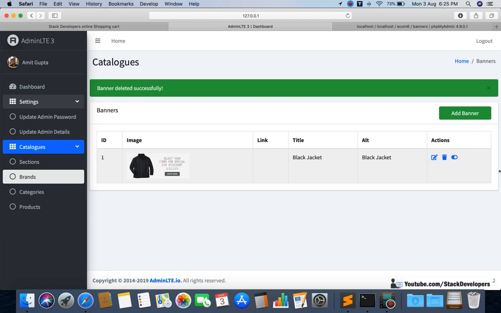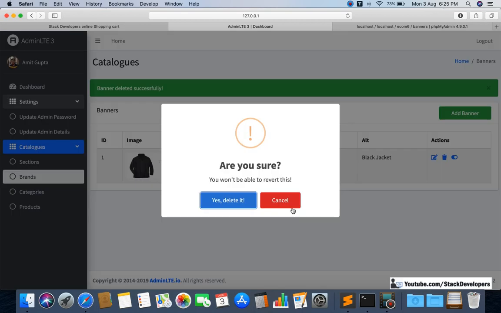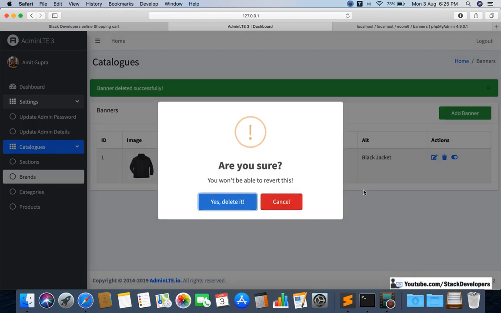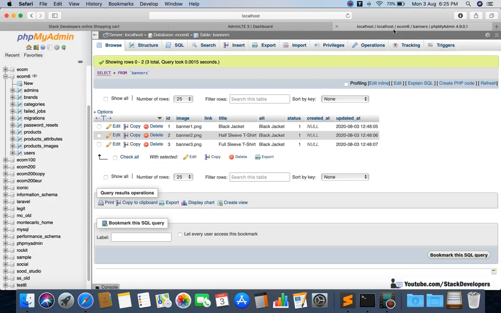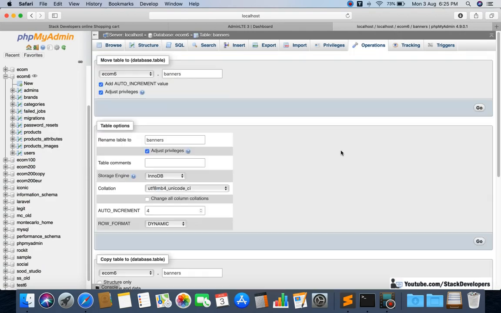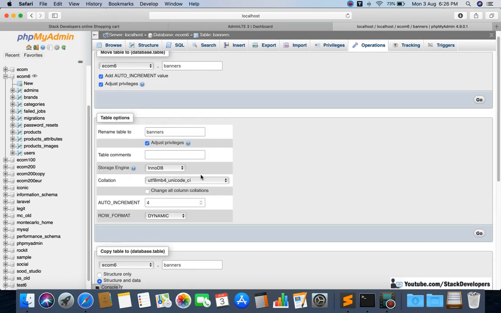So now this one also we can remove. Delete, and here cancel, and you can delete again. Yes, delete it. It has also been removed. And you can simply insert them again with the command php artisan db seed, like I told you last time, that with the help of seeding you can create them again. Here you can see that everything is empty, so the id will start from 1.